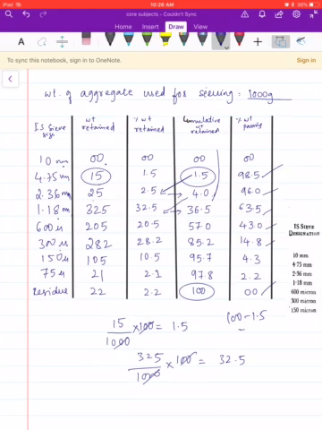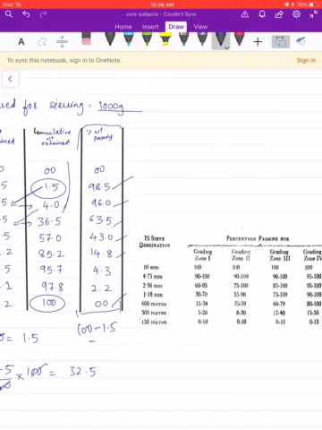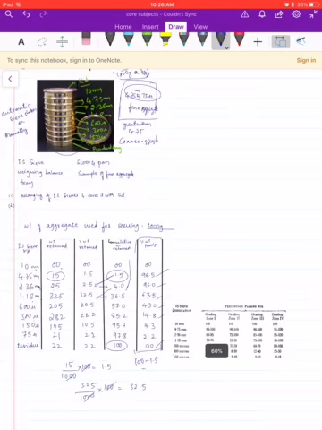Now, after obtaining percentage weight passing, what we can do is distinguish in which zone the soil sample comes in. Okay. So from IS 456,